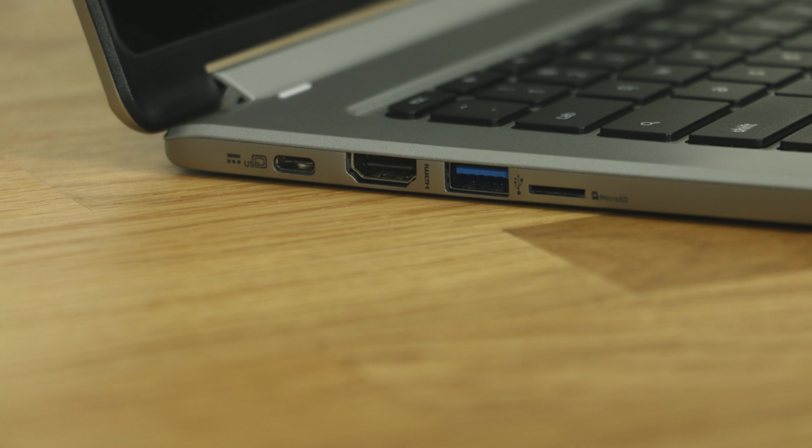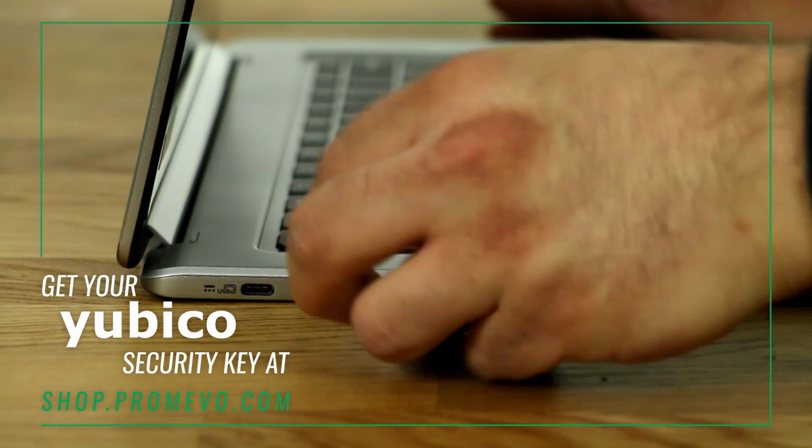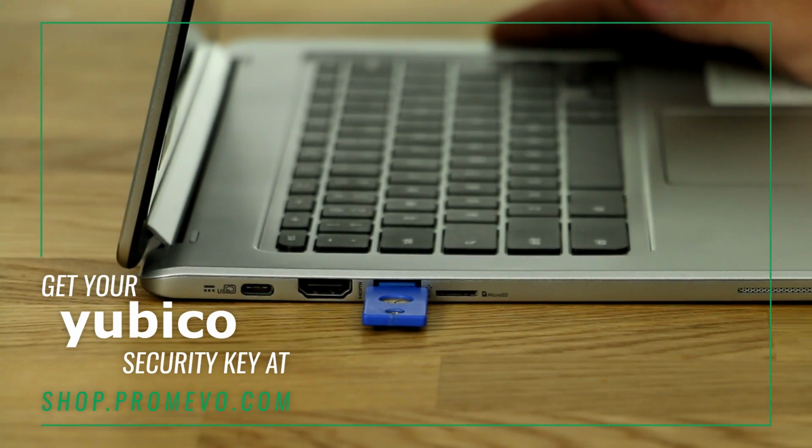Let's talk ports. We've got a USB Type-C port on the device for connection and charging. We've also got a standard USB 3.0 port, which is a huge plus for this device, as it seems like all of the competition has actually done away with the USB 3.0 port. I found that actually to be somewhat troublesome for the competition, but it's great news for Acer because now I can easily use things like my YubiKey from Yubico for security, or literally any other device that uses the previous